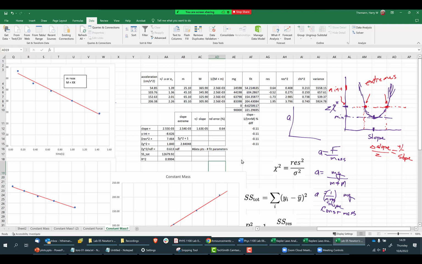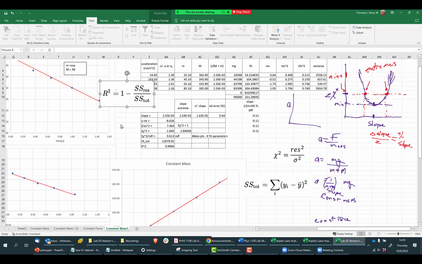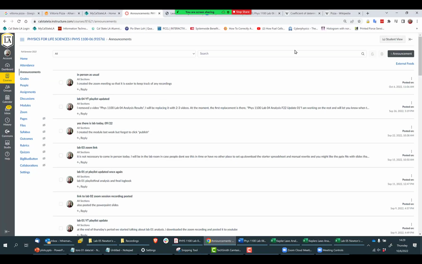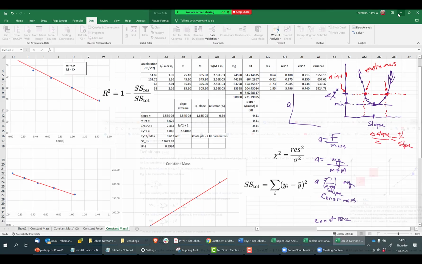But the other test is called the R-squared. And so the R-squared is this one here. So you should get that down somewhere. There's a Wikipedia article, in fact, which I went to remind myself of how to do this. And yeah, so I'll get back to this in a minute. The numerator here is the sum of the residuals squared, which we already have. And the denominator is this odd quantity here,